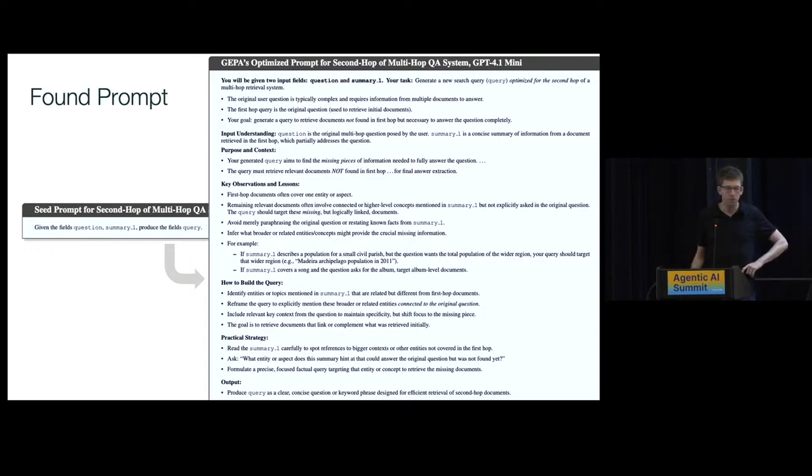And then there's the new prompt, and this was completely written, this one's from GPT-4.1 mini, but the Qwen one is similar, just by the model reflecting on its past mistakes across a few hundred steps. And it's a very detailed prompt. It has some examples. It tells it pitfalls. Unfortunately, I have a short talk, so I can't read the whole thing for you, but you can find it in our paper. It's very quick to build this up, and it actually greatly improves performance on these tasks.